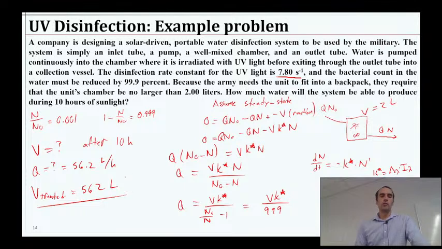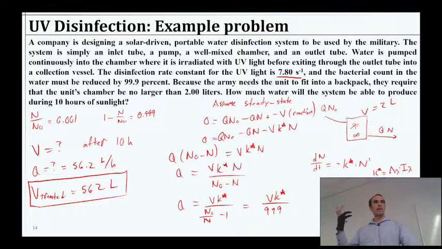All right, so use this as a reminder that what we're really doing with these problems is understanding exactly what it's asking for and how we're going to get it. The fact that we're using UV light is not so different from anything else. If anything, we just have to have that intensity and a specific rate constant, just like in the chlorine example, where we needed the chlorine concentration and a specific k for that.